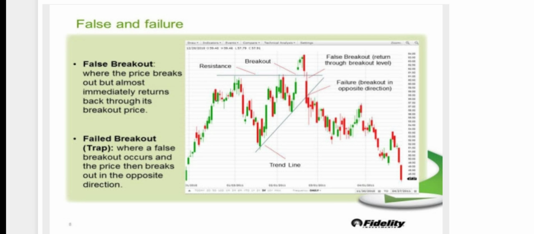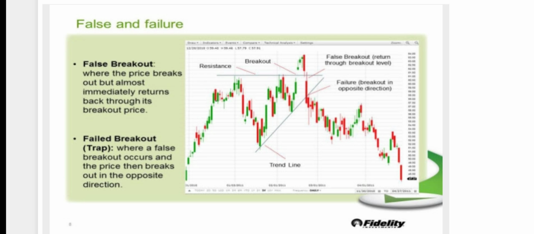It gaps above the resistance line, so it's technically broken out. Now here is where different people would have different interpretations, right? Some people might filter this and say, I'm not calling this a real breakout until it's had 1, 2, or 3 closes above that line. Or they might be looking for volume. But what ends up happening, you do get 3 days closing above that, and that might have been a valid breakout for some people. But on that fourth candlestick there, you'll see it dramatically drops down,